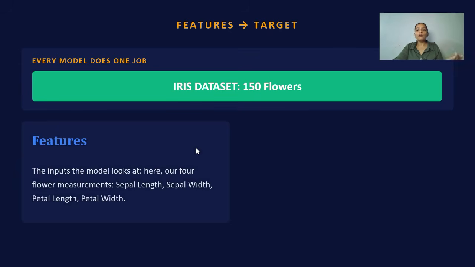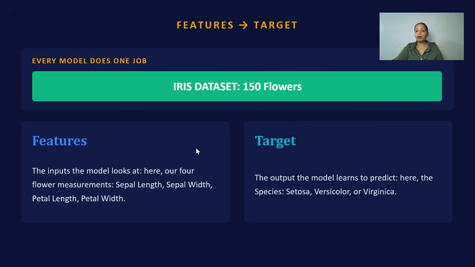Today, our features are the 4 flower measurements. Our target is species. We are staying with the same iris dataset, same 150 flowers, same 3 species, same 4 features you have already explored in exploratory data analysis. You already know that dataset inside out, so it will be easy to implement a machine learning model on that, and you will be able to understand the relationship between exploratory data analysis and the findings of the machine learning model. Today you only need to learn what is new, the model. Let me switch to Jupyter Notebook and pick up exactly where step 5 left off.